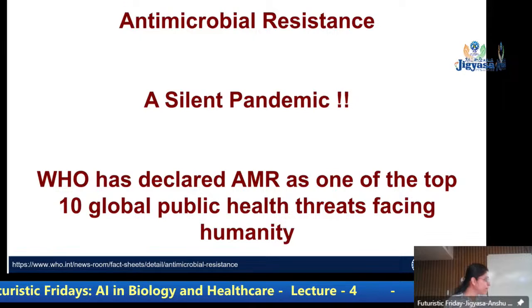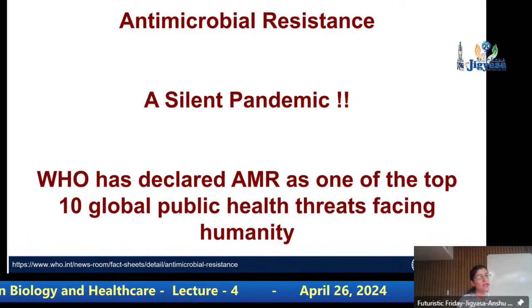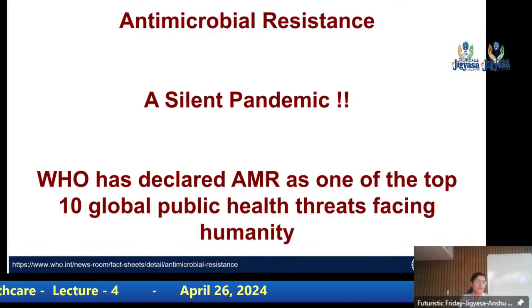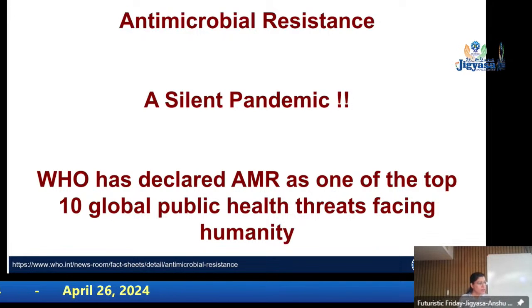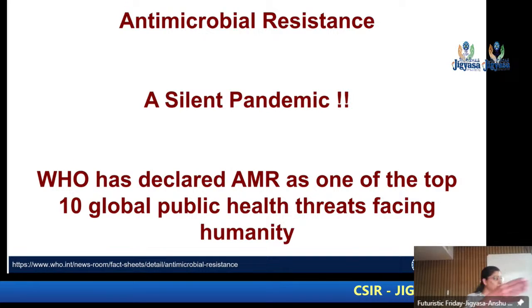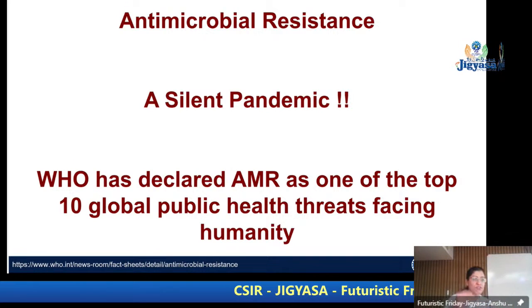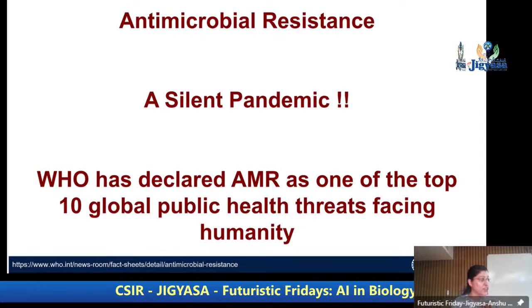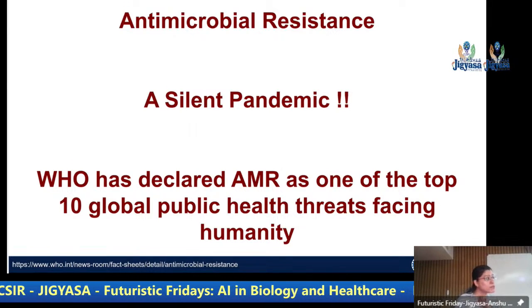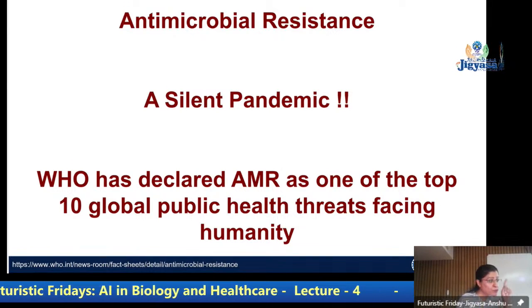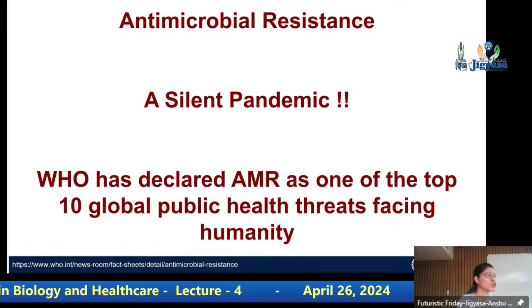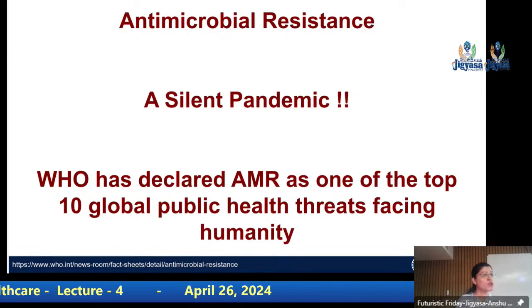So I will take another 5 minutes and try and conclude with the fact that we can use AI and ML to do drug discovery. Still, it takes 10 to 15 years. We are yet to arrive at a stage where you have a disease today and you have a drug tomorrow. We have not reached there yet. Which means what? The drugs we have today should be used very, very cautiously. And why do we do that?